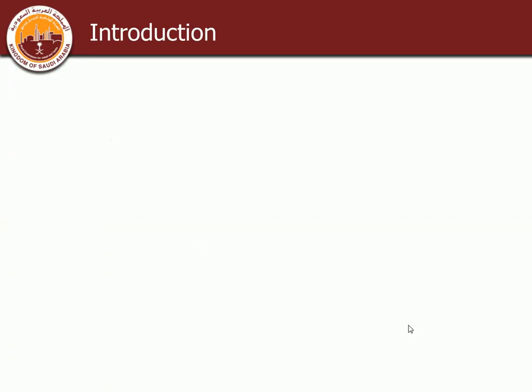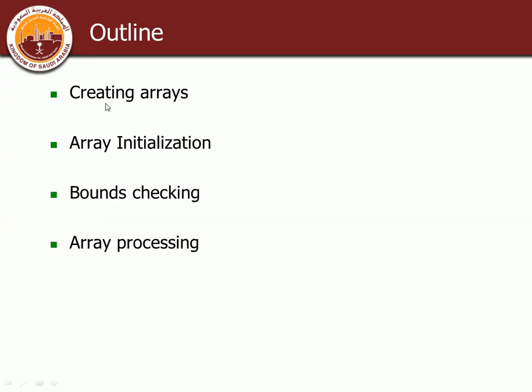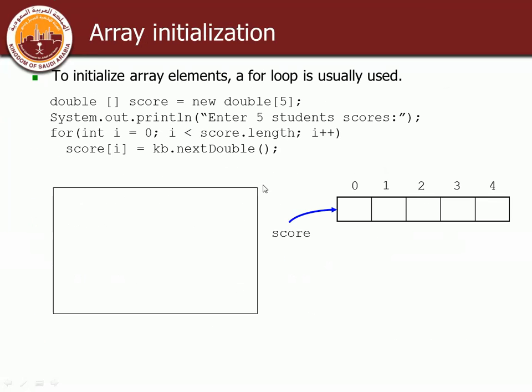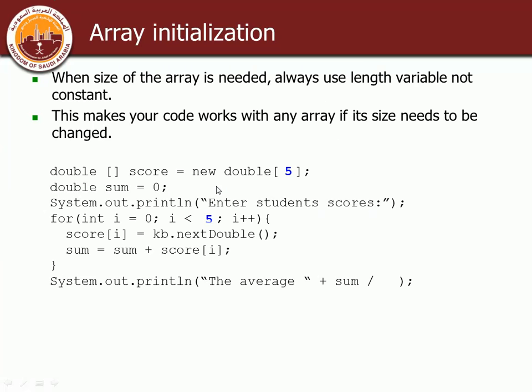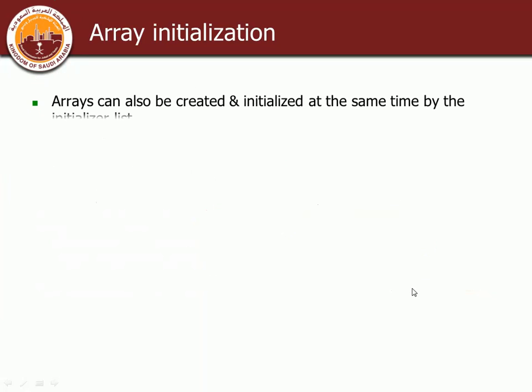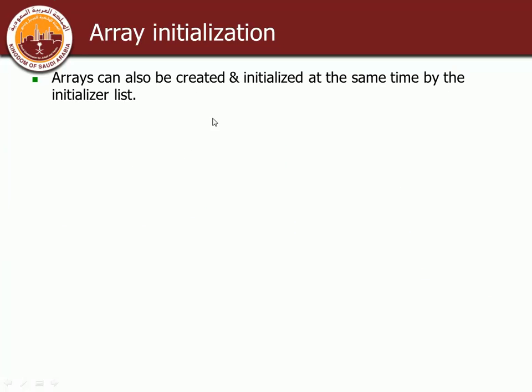But this is what we did. Last time we started by creating arrays, and we stopped in array initialization, the second part of it. We went into explaining the arrays and how to initialize them, how to use this score.length, the .length thing. And this is where we stopped, talking about another way to initialize the arrays by putting the